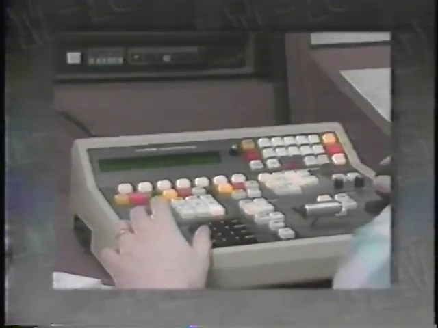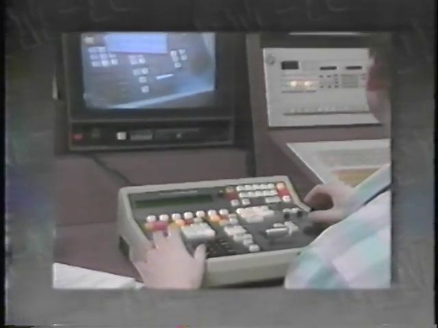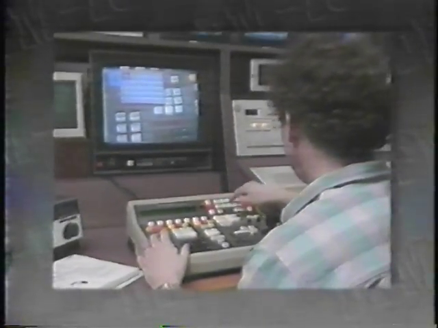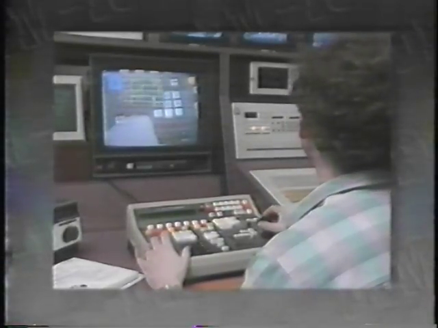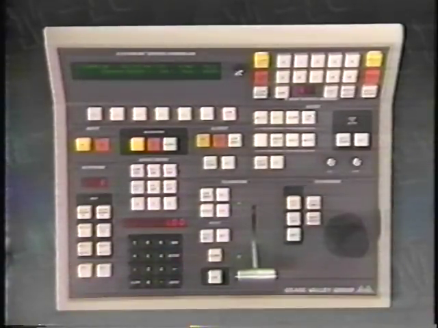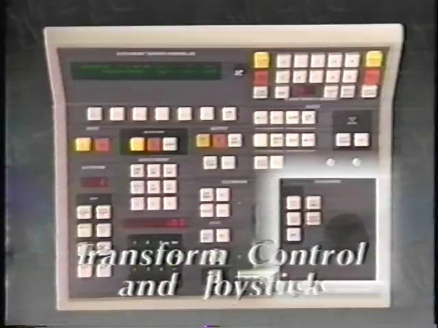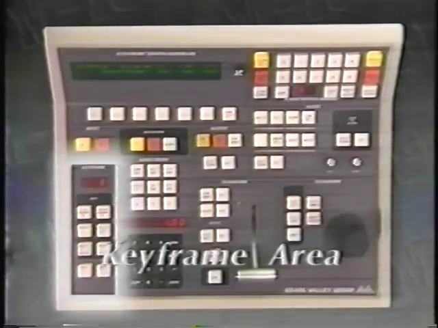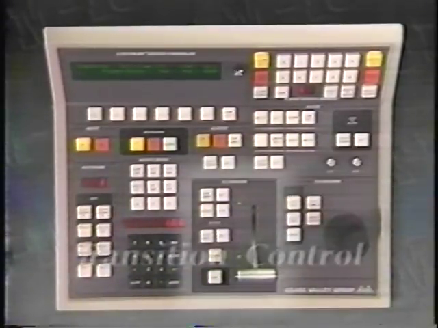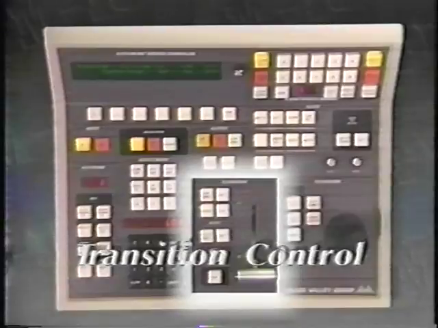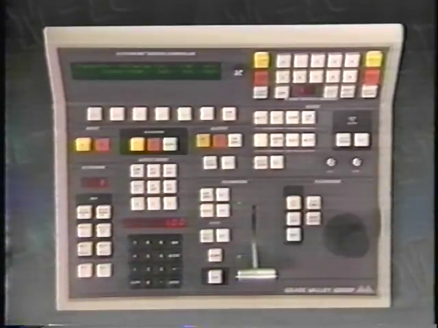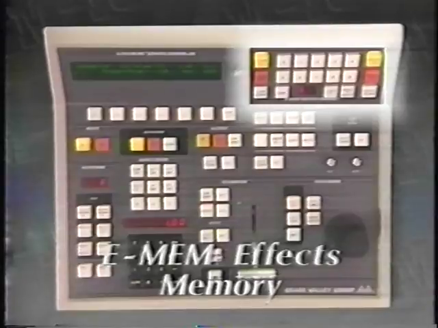Looking at the number of lessons we'll be exploring, it's easy to imagine all the creative power that's at your fingertips with the DPM-100. Power that's easily harnessed through its control panel. The control panel is divided into logical sub-panels to make operations intuitive and easy to master. They include the transform control and joystick that are used to size and move pictures, the keyframe area that combines picture movements into keyframe effects, transition control, where transitions can be run manually or automatically, eMem effects memory, where effect